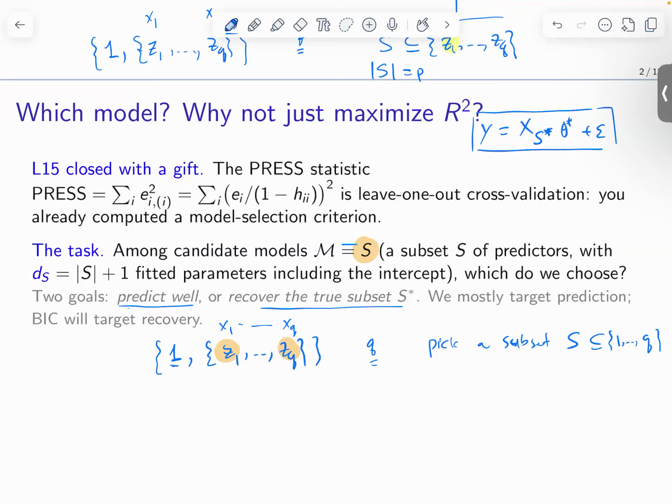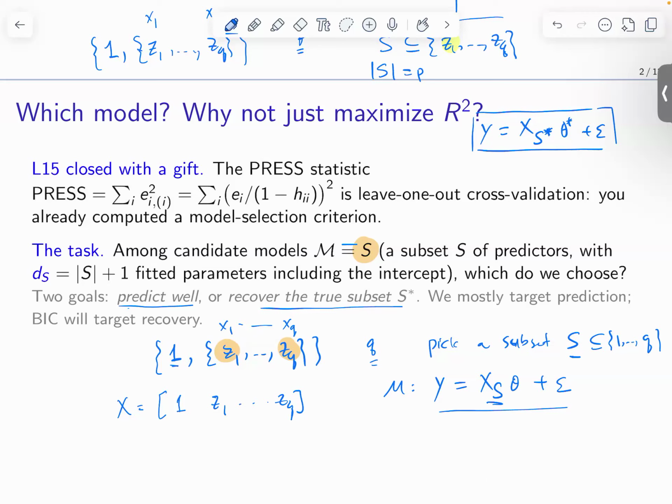For each subset S, I'm going to have a linear model: X_S, where this is capital X potentially and X_S picks the columns that are in subset S, times some theta plus epsilon. This is my model if I select subset S, and for each subset S I get a different model. So you can think of a model as identified with a subset in our case, because we're going to look at a linear model. In general, you could have multiple different classes of models,